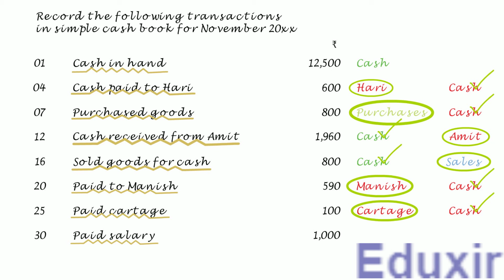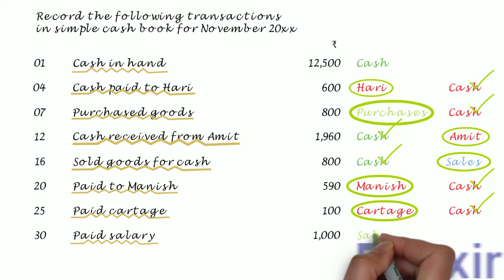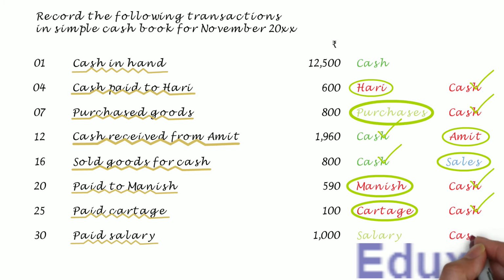Now, salary is an expense. In other words, the business is incurring an expense named salary in this case. The rule to record an expense incurred is to debit the corresponding expenses account. In this case, the salary account should be debited. At the same time, as the payment of the salary is done in cash, the cash asset of the business will be decreasing. The rule to record any decrease in the asset is to credit the corresponding assets account. In this case, the cash account should be credited.